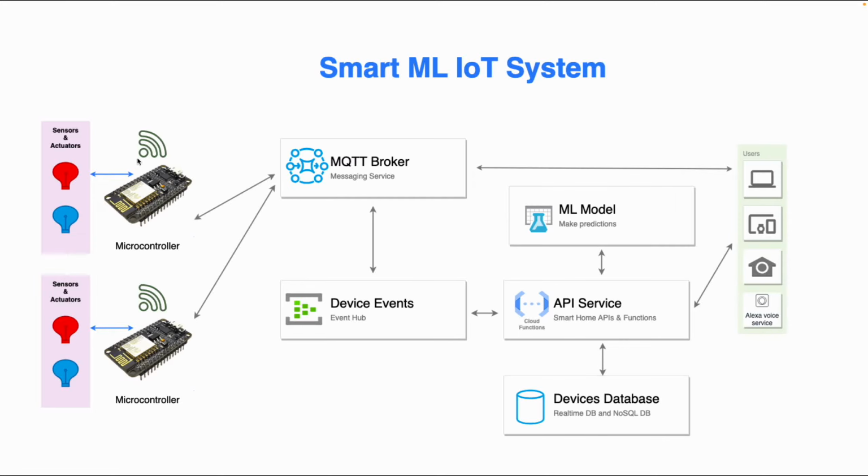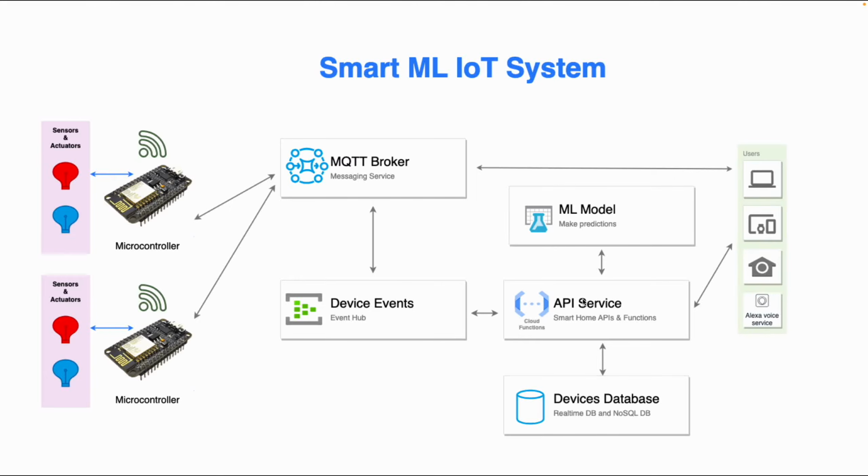The reason we're doing that is because the ESP32 is a very small microcontroller. It doesn't really have that much capacity to do a lot. We're already using it for a lot of things: sending data to our MQTT broker, connecting to Wi-Fi. So just to simplify that and make it easier on the microcontroller, we have this event hub to pull that data and call an API service. Now, once the API service gets the data, let's say temperature increased to 70 degrees,